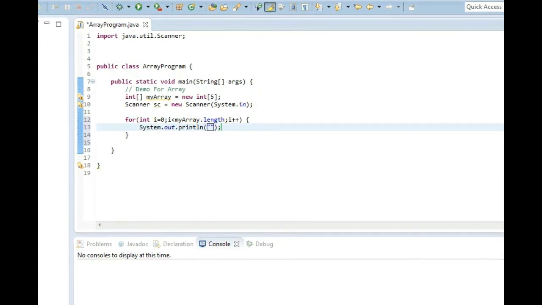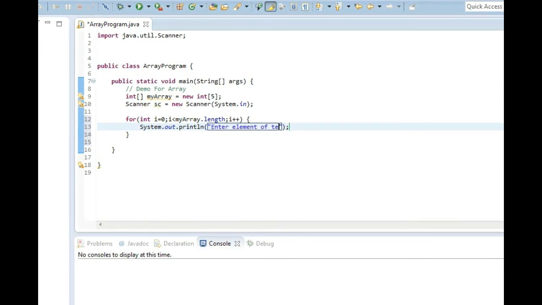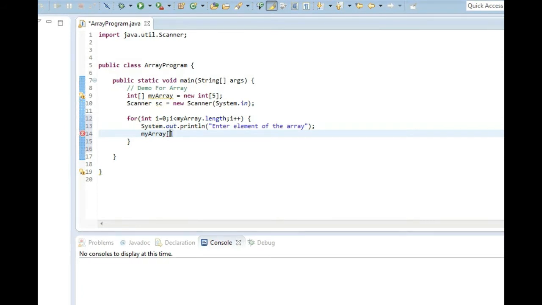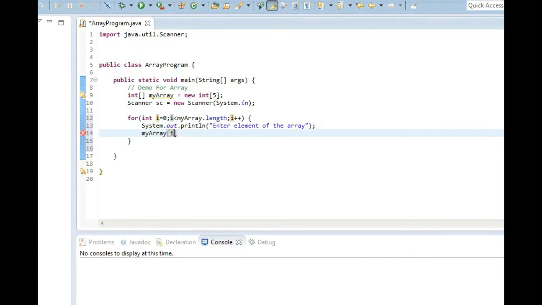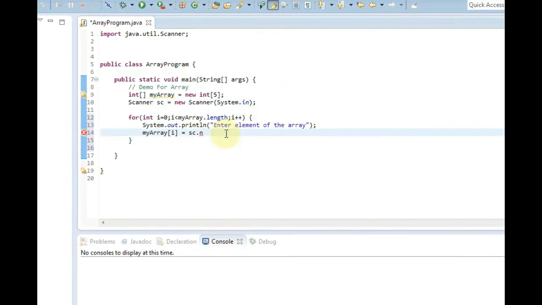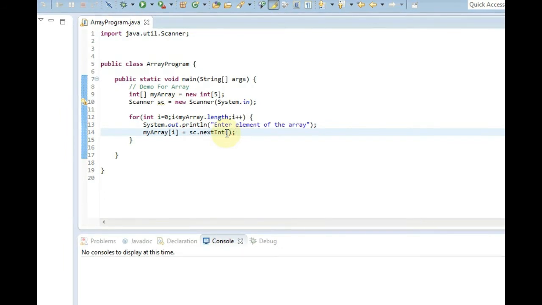In each iteration we'll ask the user to enter an element of the array. After which we have to store this entered value into myArray at every index, so at index 0, 1 and so on. So at index i we are going to store this value, and the value we'll take as sc.nextInt. In this way we have stored the user input into myArray.